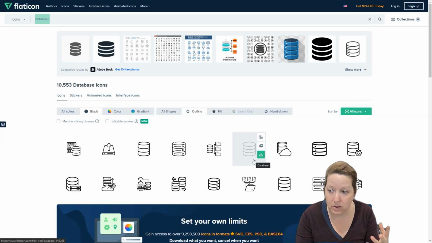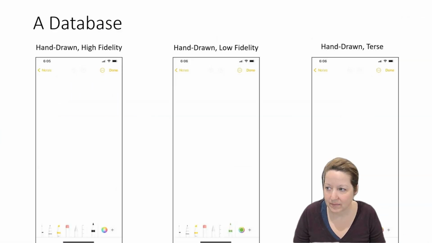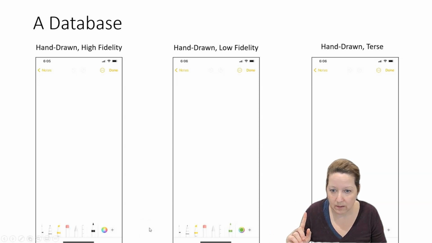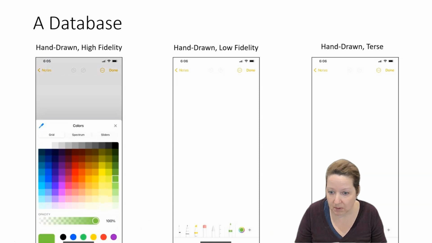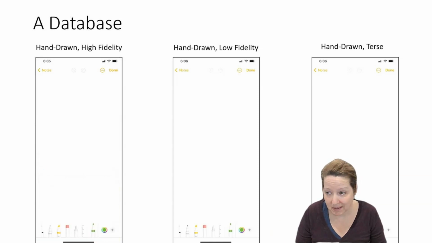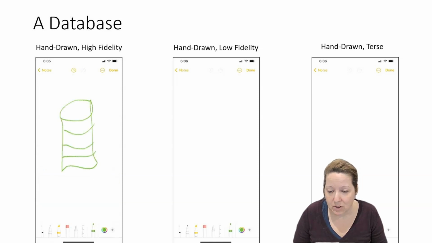So now that we know what a database looks like, let's go draw one. Okay, so now that we have an idea of a database in mind, I did the same exercise. So I'm going to draw the first, trying to be very artistic to the best of my abilities, which are literally zero. And if I was to do that, I would probably draw it the way I saw it in Flaticon, so people recognize it. But again, it's not that recognizable if you're not in the meeting. And it did take me a long time. So let's draw it again,